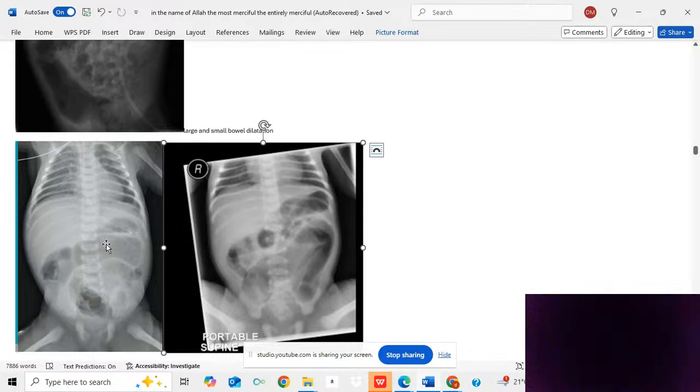Here's the large bowel, peripherally located, crossed at higher levels. Small bowel loops, centrally located, and cross at lower levels. Here is the large bowel loop, which is peripherally located, and this is a small bowel loop, which is